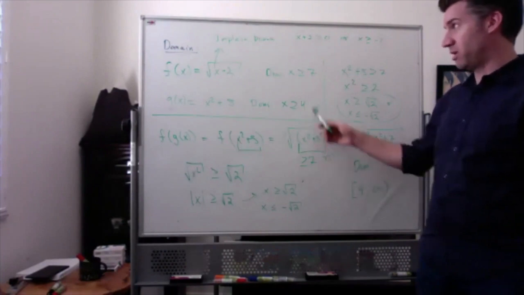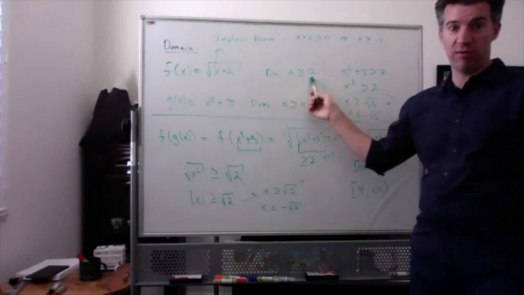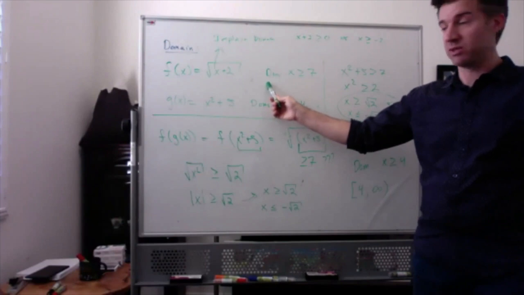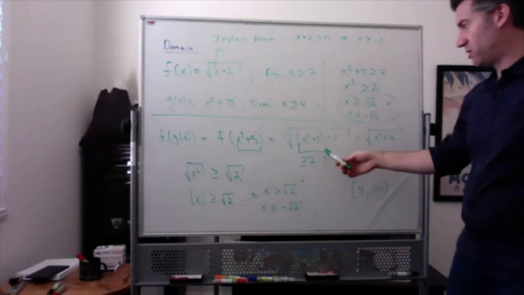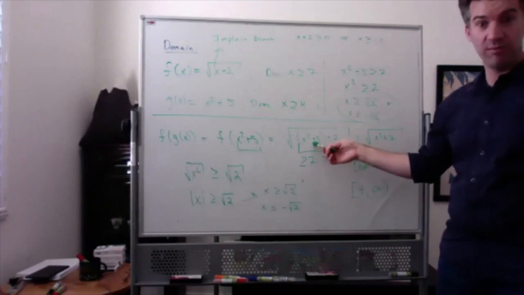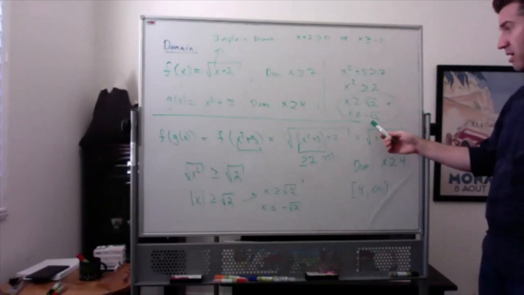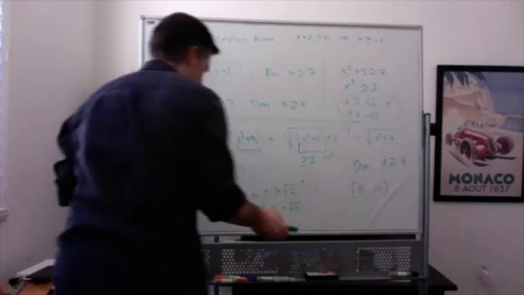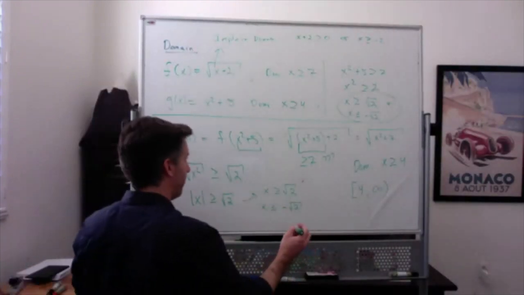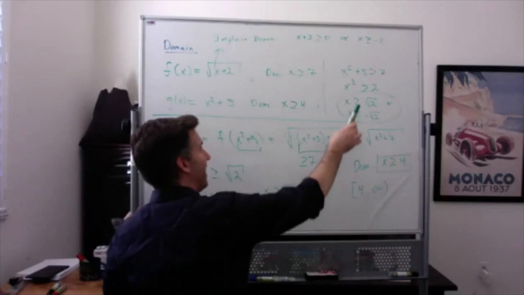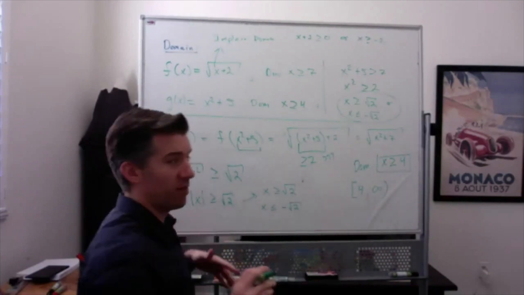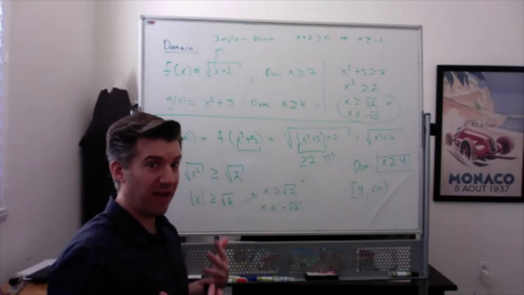We need that input to be bigger than or equal to 7, because we have artificially said that the domain there is bigger than or equal to 7. So someone pointed out that it made sense to say, well, let's just set that stuff to be bigger than or equal to 7. We did that, we got this. And then we said, well, we have to have this being true, that x is bigger than or equal to 4, and this being true. And so for them both to be true, you have to have where they overlap,